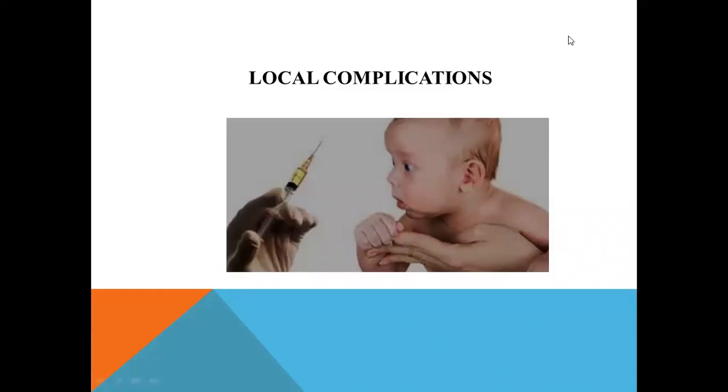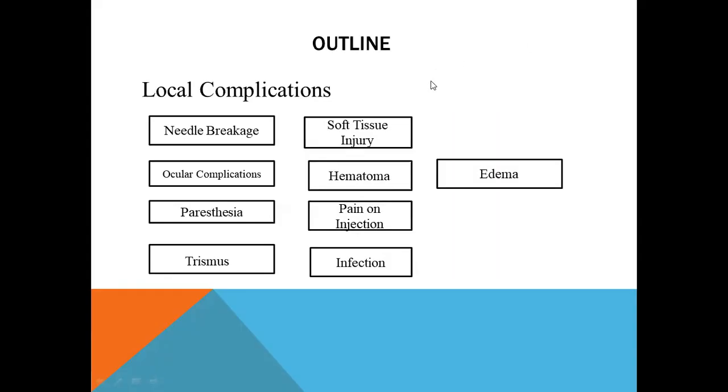Let's have a discussion about the local complications of anesthesia. Coming to the topic, this is an outline which shows what local complications will occur when you administer the local anesthesia, which includes needle breakage, ocular complications, paresthesia, trismus, soft tissue injury, hematoma, pain on injection, infection,